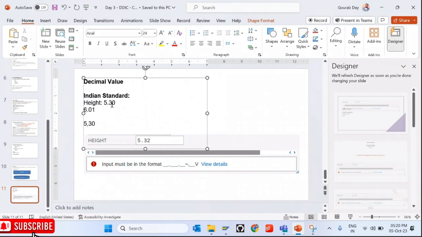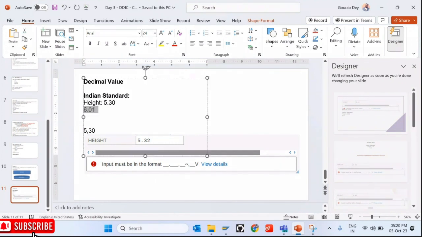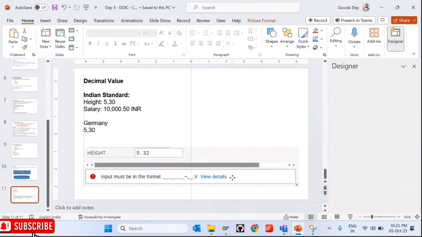Okay, so let's say I have a salary here. Somebody's salary is this. So in Germany, the salary will be written